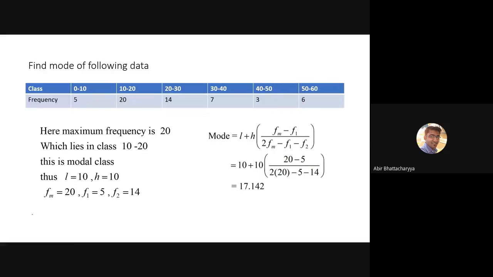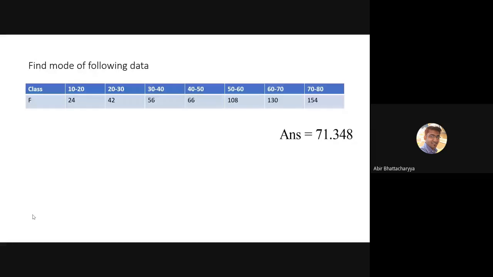So you can cross check the answer. That should be the final answer of the mode. So you have to use this formula to calculate the mode of any given data under the class. Next, this one. The answer is given to you. All of you have to write in the same manner as we calculated in the last question. So what you have to write now? L, H, FM, F1, and F2. Finally, this is going to be your answer. Please cross check. Once your answer is verified, write down all these things together on the chat box.